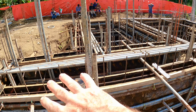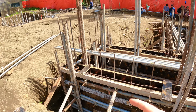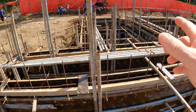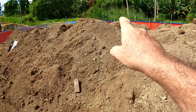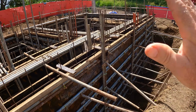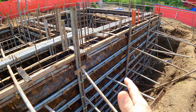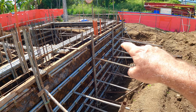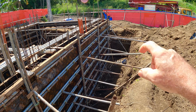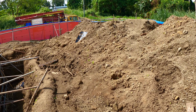What they will do, they will complete all the underground construction first: the swimming pool, the cistern, the garage, and on the other side of it here is the septic tank. They'll do all of that. They'll do the waterproofing, and the final step, once they do the backfill and everything's waterproof, is they're going to bring a backhoe, and the backhoe is going to go to all the places where they're going to make the trenches for the drains to run the pipe to bring it out to the culvert storm sewer